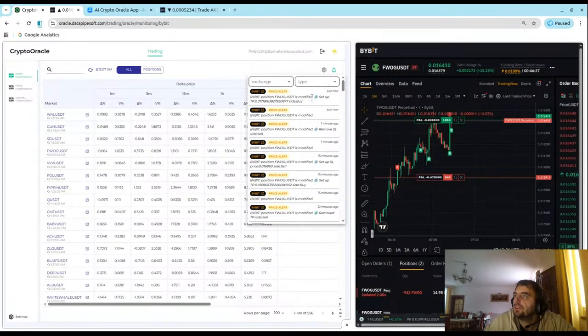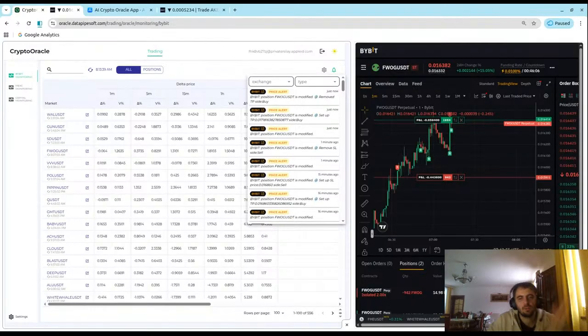Okay, so you see, it's set up take profit sidebar. Those notifications are going to appear in your mobile application as well. So you can turn it off here and rely on your non-mobile one, or vice versa.